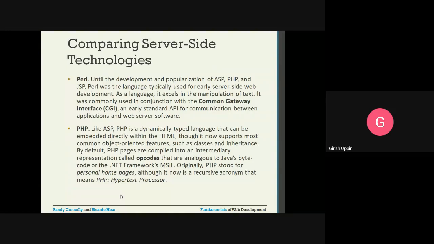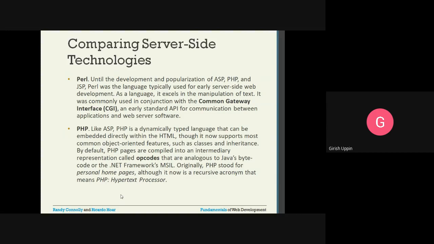PHP, similar to ASP, is a dynamically typed language that can be embedded directly within HTML, though it now supports most common object-oriented features such as classes and inheritance. By default, PHP pages are compiled into an intermediary representation called opcode, similar to ASP.NET.